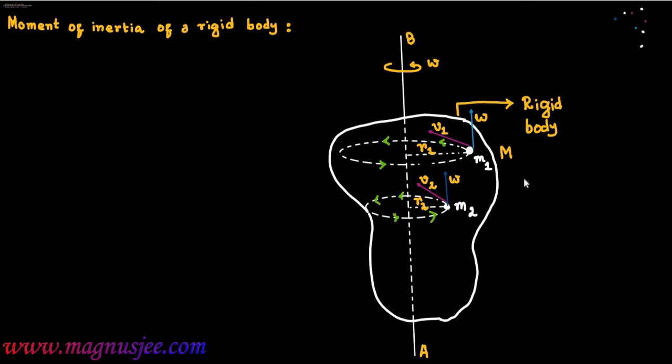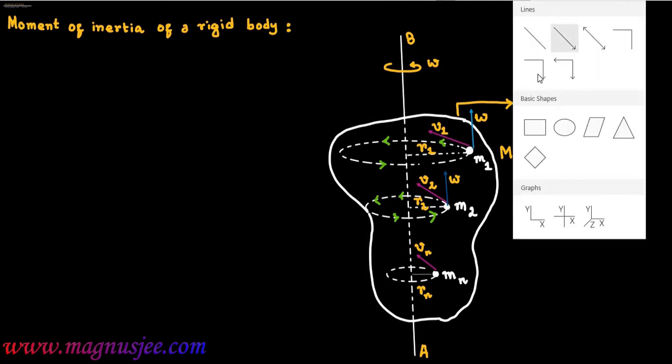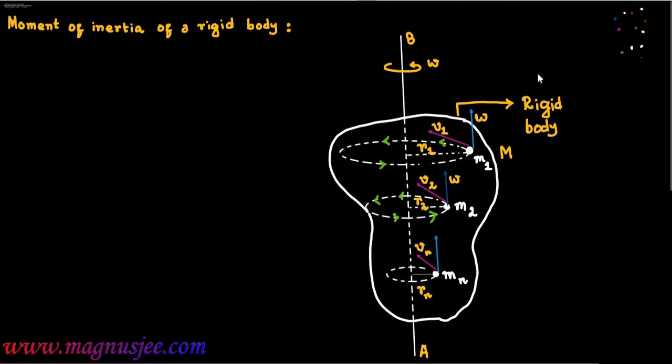imaginary circular orbit anti-clockwise. We can denote the circular orbit in which the nth constituent particle will revolve with the rotation of the rigid body. Mn is the mass of the nth constituent particle, which is at a perpendicular distance Rn from the axis of rotation. Rn is the perpendicular distance of the nth constituent particle which has tangential velocity Vn, and this constituent particle has the same angular velocity omega in vertically upward direction as that of the rigid body.